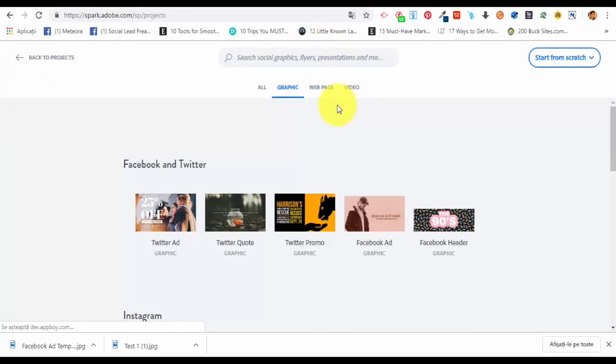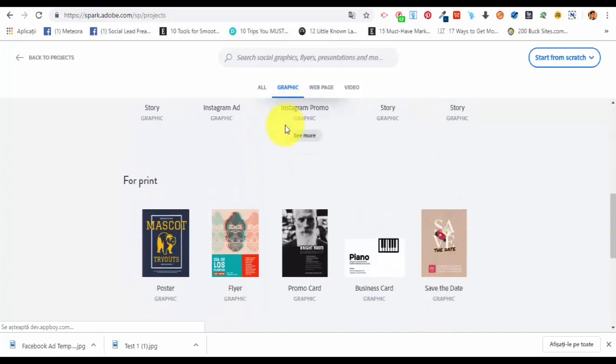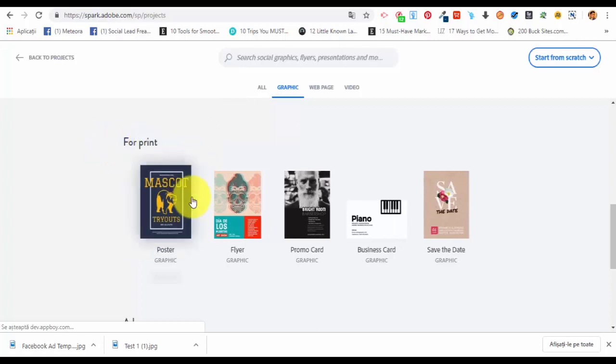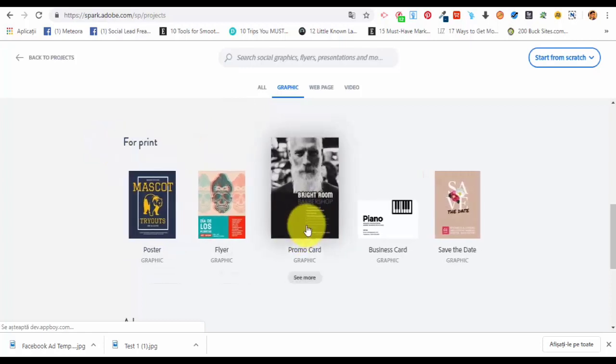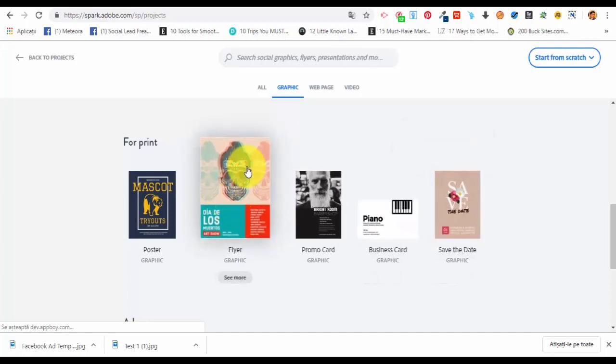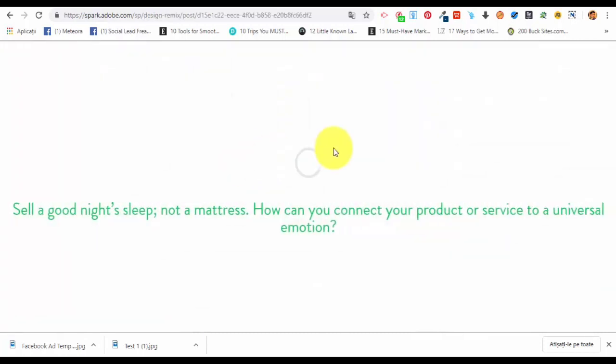Now, first things first, from the dashboard, as you have seen, we have selected the graphics section, and we are going to scroll down till we find the graphics templates for print, and we have posters, flyers, promo cards, business cards, and save the date. Now, in this lecture, we are going to create a flyer, and we are going to select this flyer,